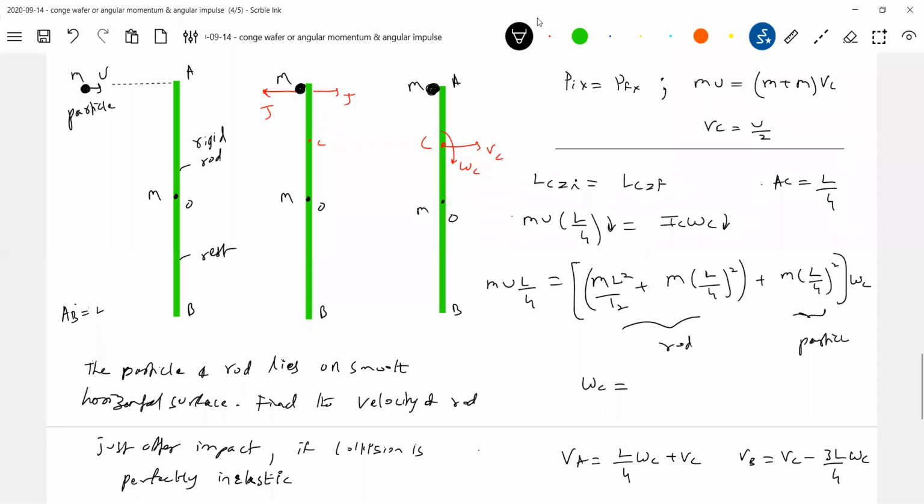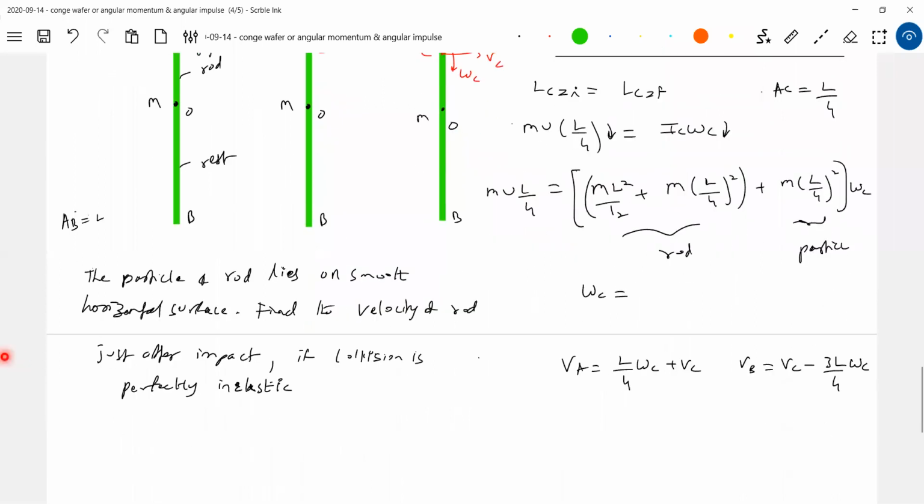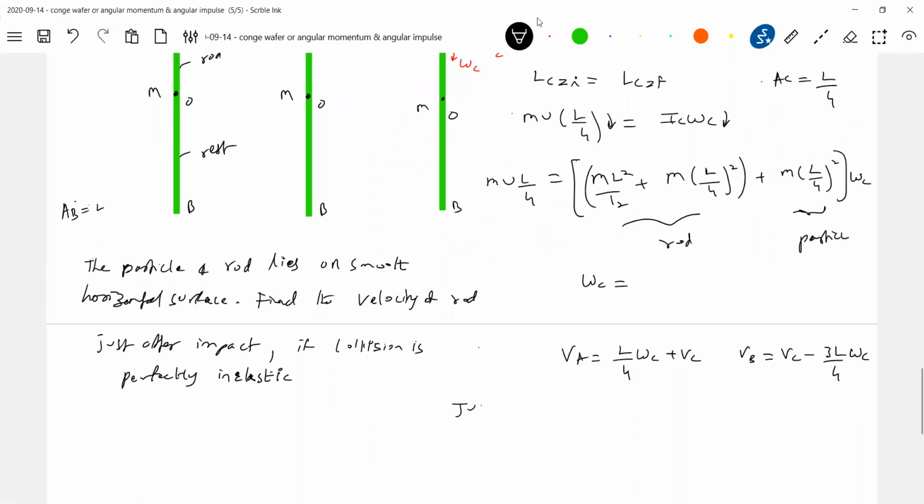What will happen to the rod? Will there be any stress in the rod just after collision? Will there be any stress as you go back to circular motion? If a rod rotates about a point, what happens to the tension? Will it be 0, no? 0 or non-zero? It will be non-zero. So the tension in the rod just after impact will be non-zero, and we know how to calculate it. I think you got some questions in previous exams earlier in circular motion: just after impact, what will be the tension in the rod? It will be non-zero, just after impact.